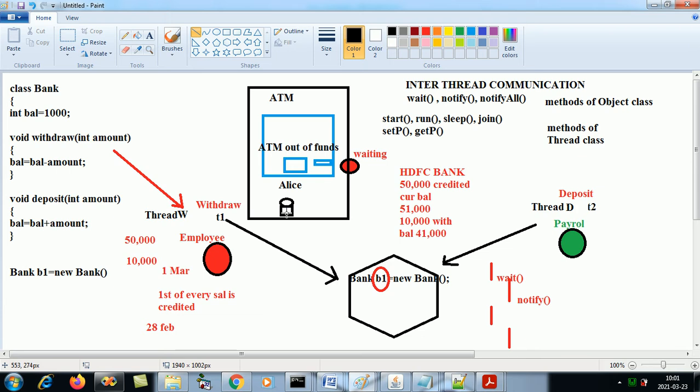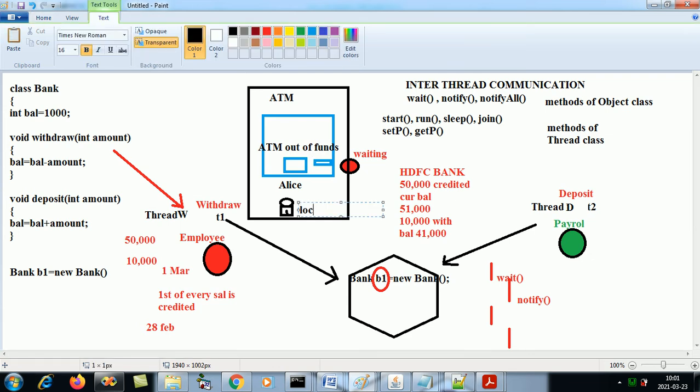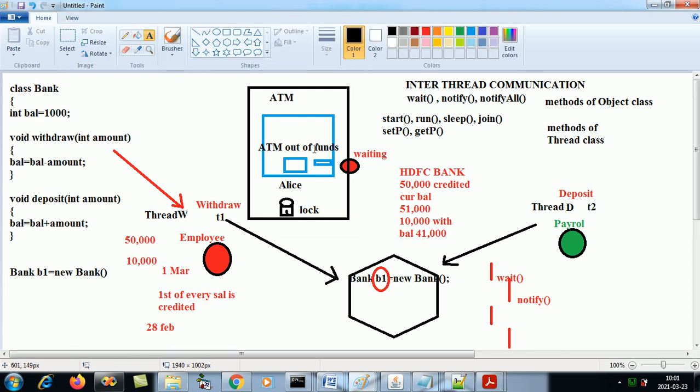So Alice has locked the ATM. Whoever wants to go into the ATM has to first do what? Enter and lock the ATM, then only he or she can access it. Once she enters the ATM and sees ATM out of funds, now what to do? Can she withdraw money?